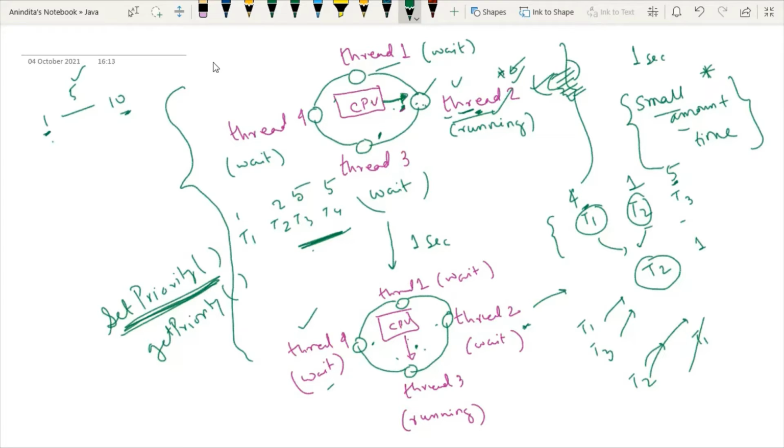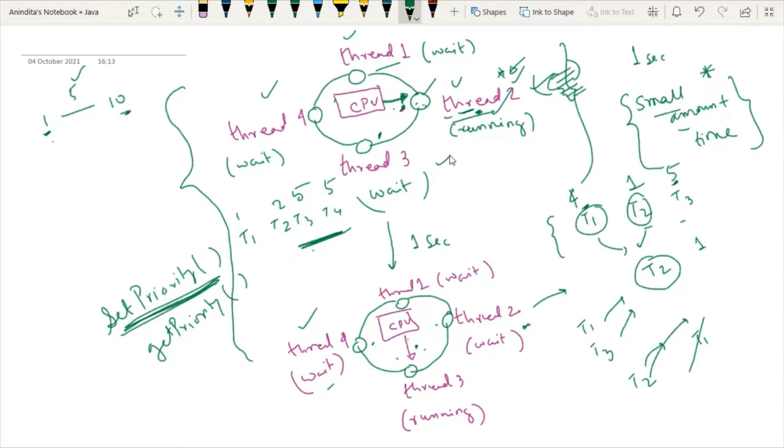So here you have to make a note, whenever we are executing thread code on Windows, it is using round robin scheduling. And this kind of scheduling works on a particular time slice. So we are concentrating on time. Therefore, we are considering that all of the threads have equal priority, right? So this is the concept you have to keep in mind.